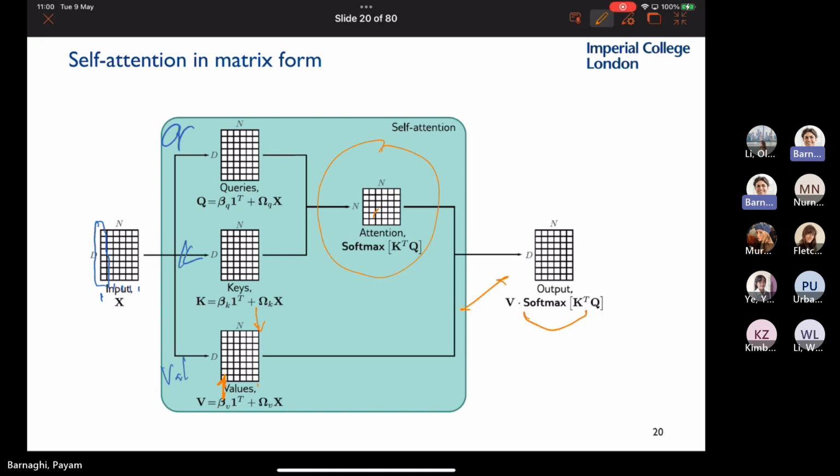In a very simple form, you take 3 copies of your input, use 2 copies, artificially make one of them the query, one of them the key, and you're trying to learn the self-attentions, how they pay attention to each other, and you calculate weights. Then you use the 3rd copy and apply that, and you basically update your embeddings, with the caveat that our embedding still doesn't have temporal relation.